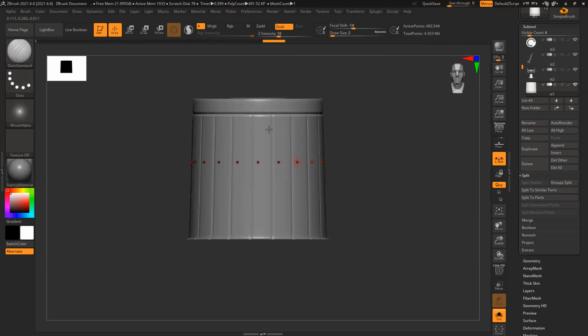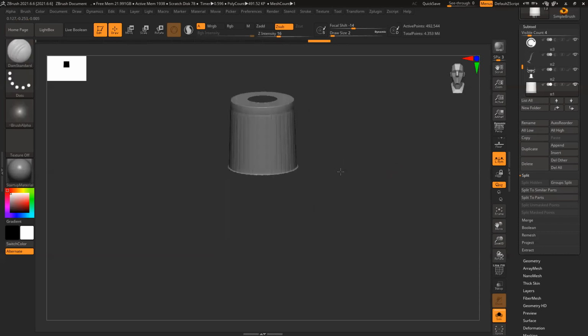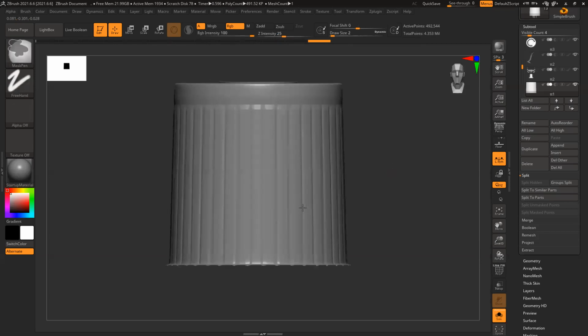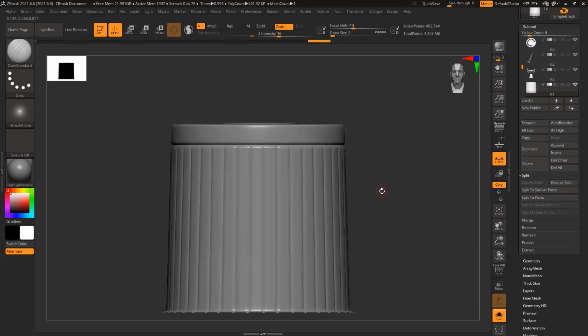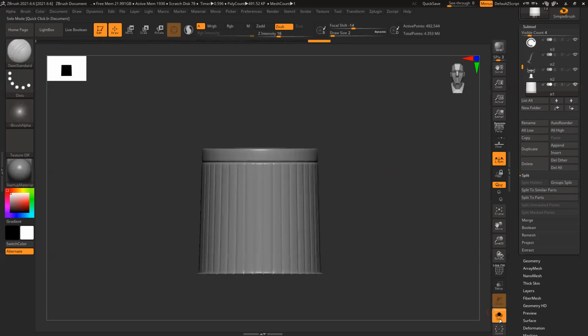So I can create this entire shape like this. All those grooves and everything within this surface very easily.